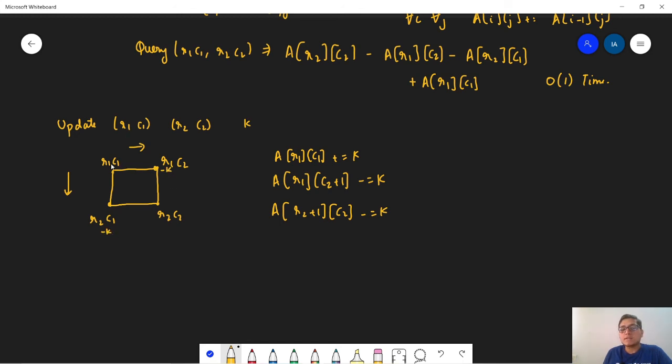When we take the prefix sum column wise and row wise, this submatrix from R2, C2 to n-1, m-1 will have 2 negative contributions of K and 1 positive contribution of K. So we need to nullify the 1 negative contribution of K also in this submatrix. So we will simply add A of R2 plus 1, C2 plus 1 plus equals K. And in this way we will perform the updates.